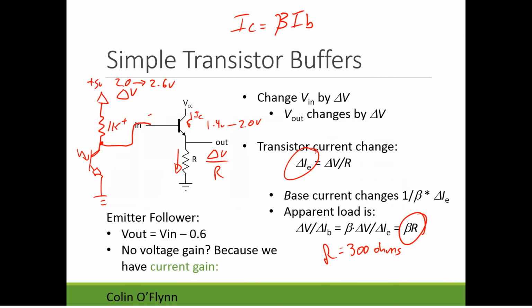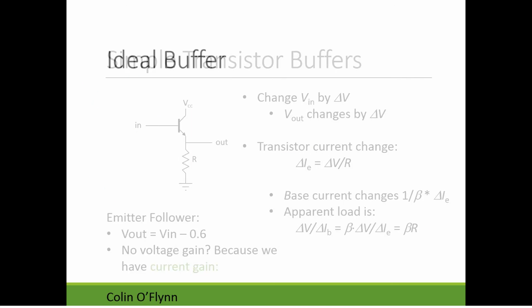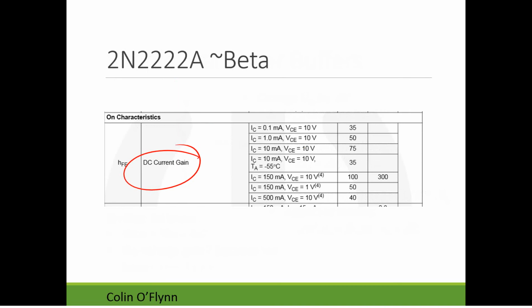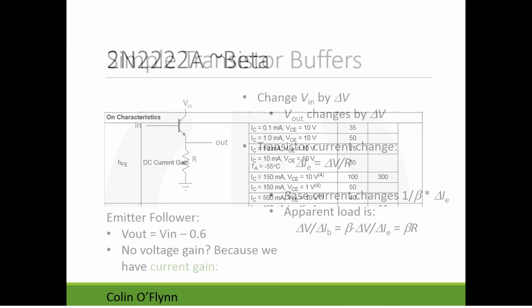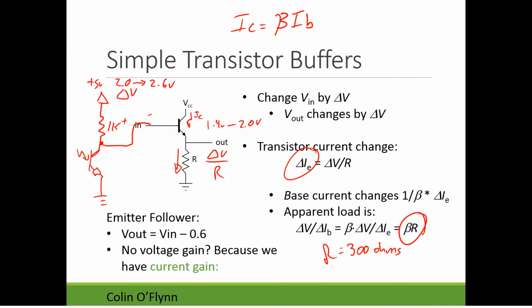But what this means is, in reality, we're going to multiply that 300 ohms times something like 50. So now, rather than being a 300 ohm load, it'll see, what was the range here? If we were at the upper range, like 100, you'd be talking about a 30K load. Maybe it goes down to 15K if it's around 50. But it's a much bigger load that this system sees, so it's not going to load your sensor as much. And that's just with one transistor and a resistor.